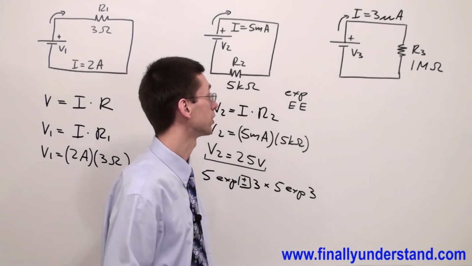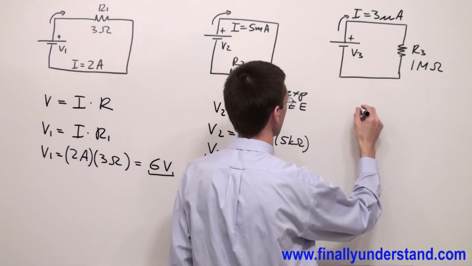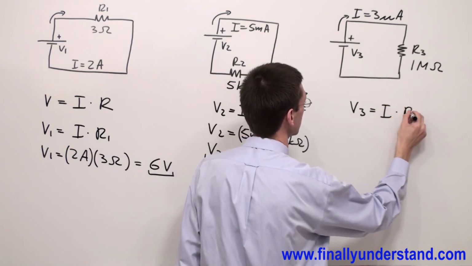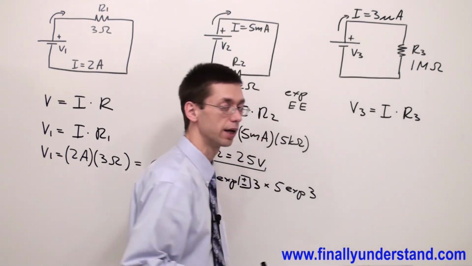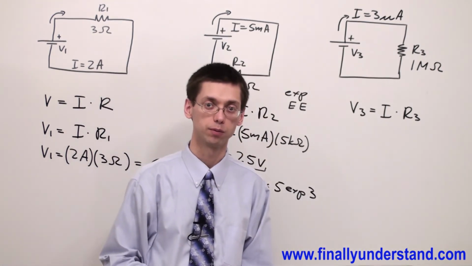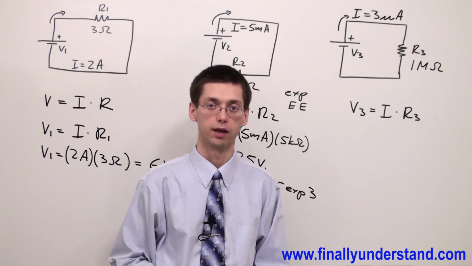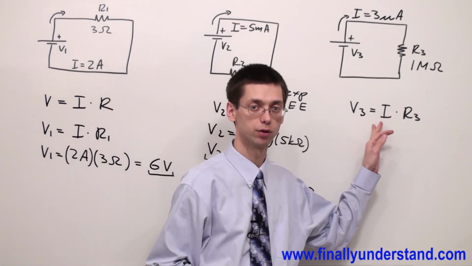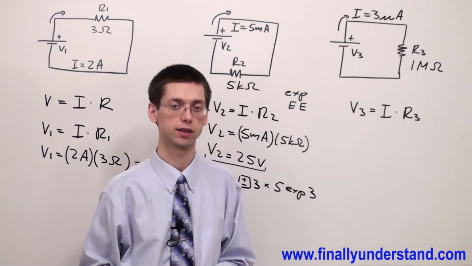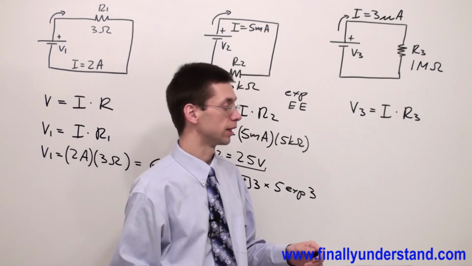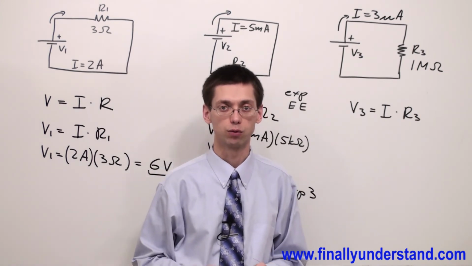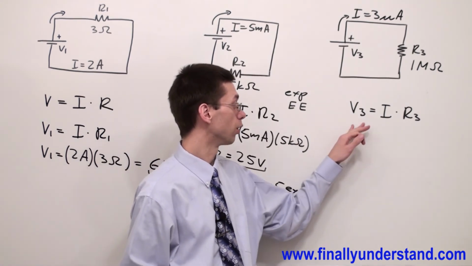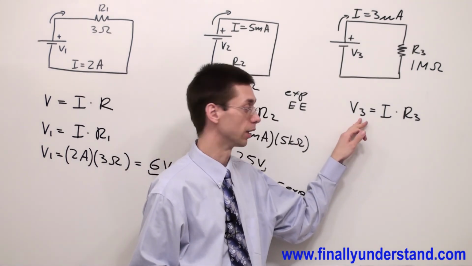Let's take a look at the third circuit. We're supposed to find V3 this time. V3 is going to be equal to I times R3. Remember, anytime you are going to solve a problem in electronics or electricity, make sure that you write the formula first, and be as neat as you can. Because at this moment, probably you remember everything I have said, but tomorrow, who knows? So always write the formula first, and after that